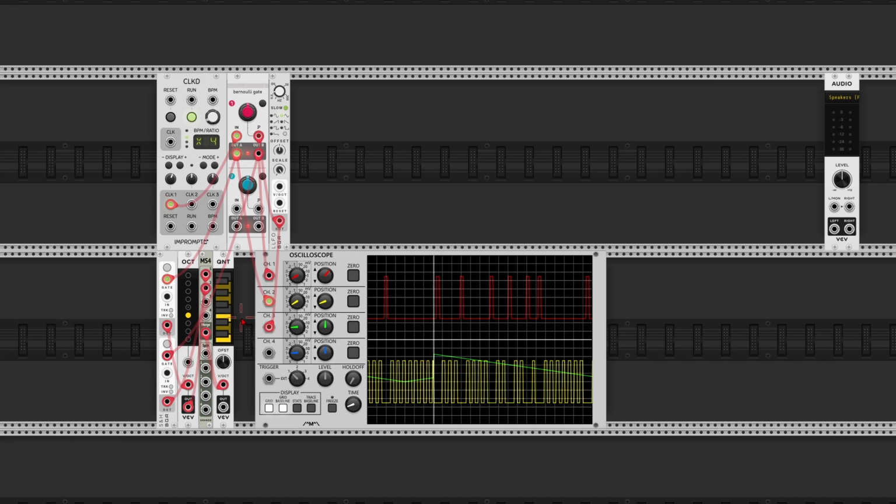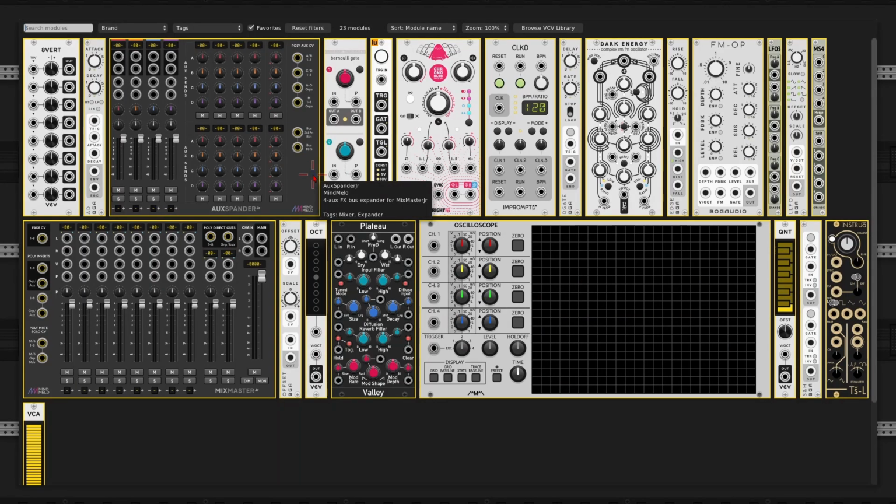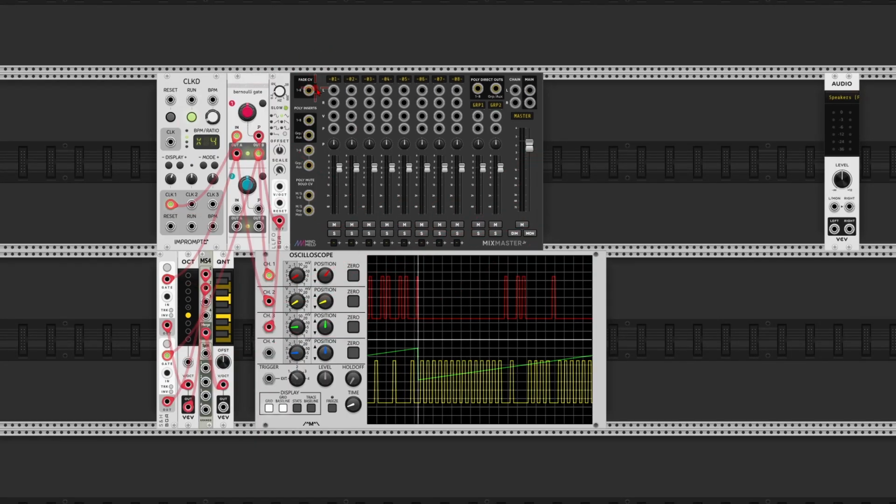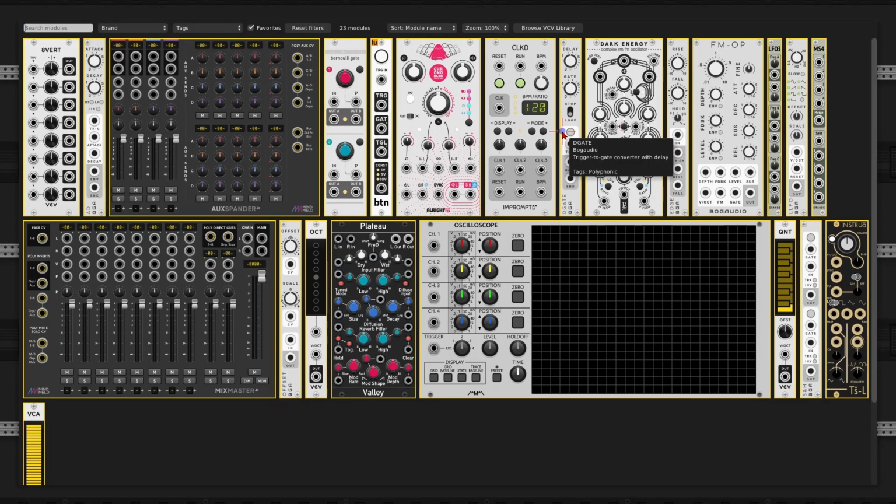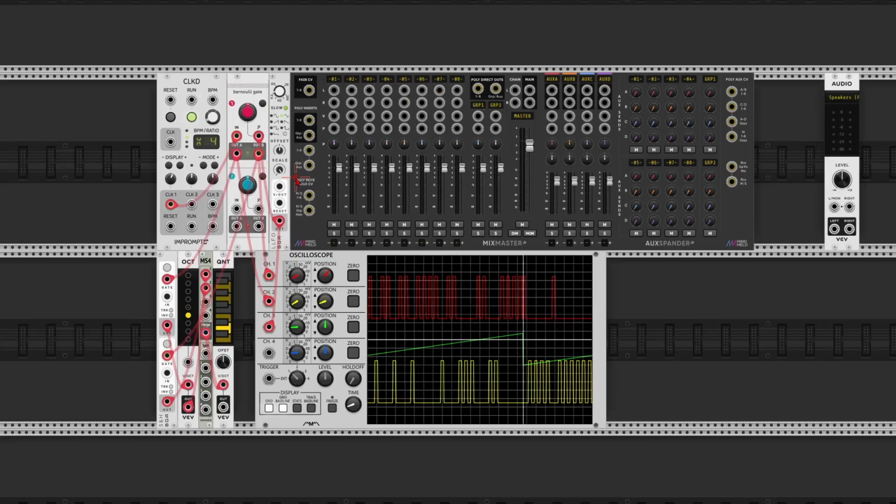Since there will be more voices added later on, I'm going to first add in a mixer now. We'll use the MixMasterJr for MindMeld, and since there will also be a send effect added, also add the AuxSpanderJr to it. Let's make some room for the effect,